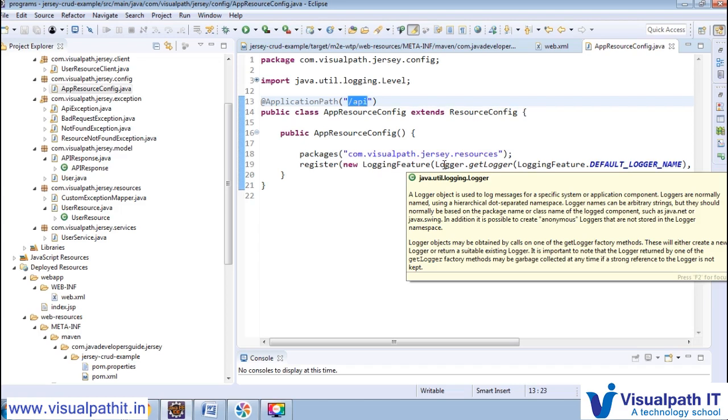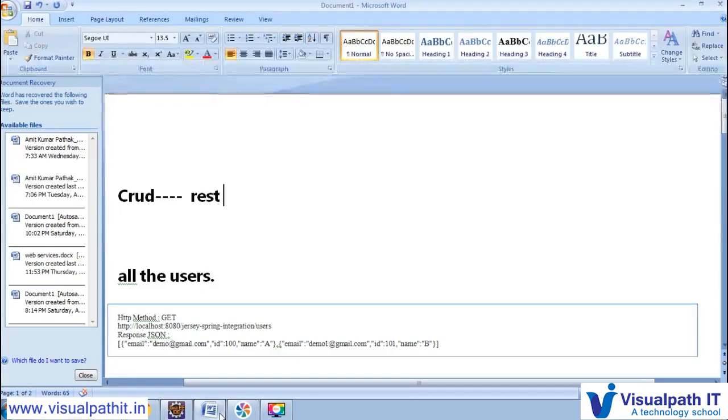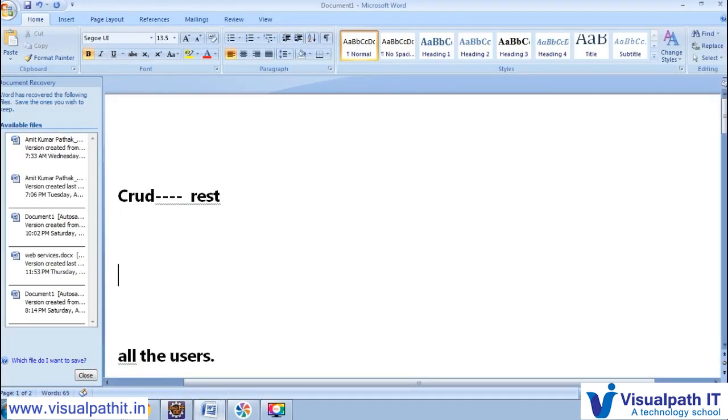generally we can add one user, we can delete the user, we can get all the users. So here you need Maven 3, JDK 8, Jersey 2.27, Apache Tomcat 8.5 and any Eclipse you have to download. If you have these 5 things, then you can easily create your application. Maven you need 3,